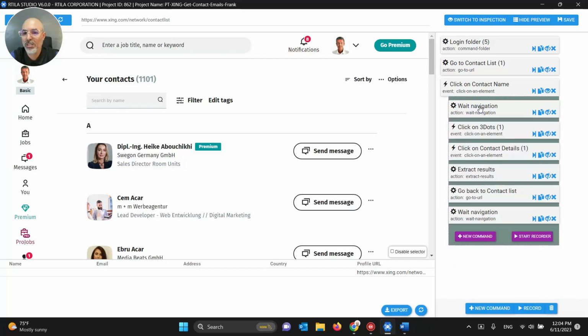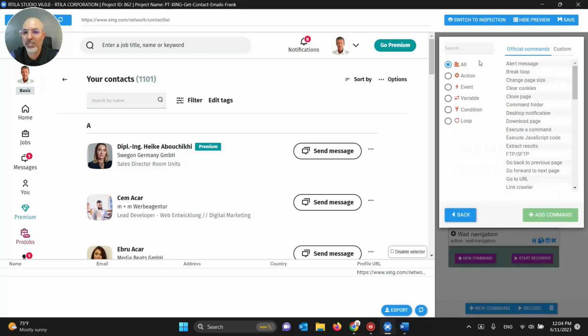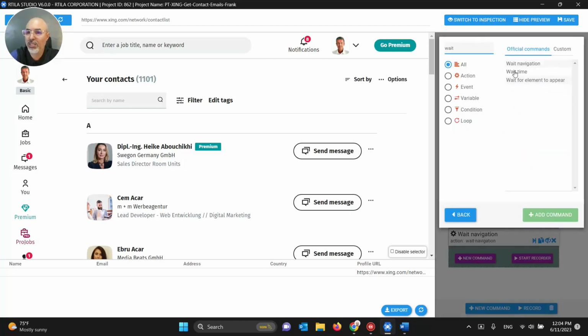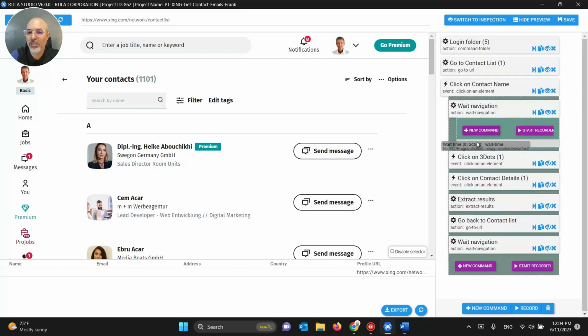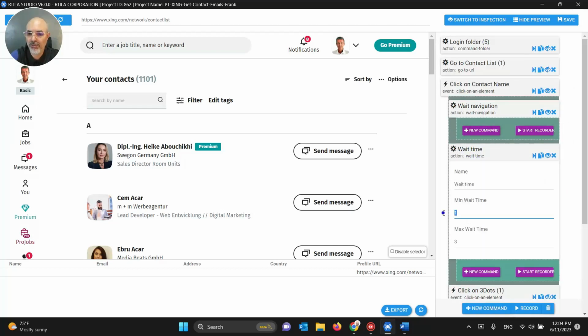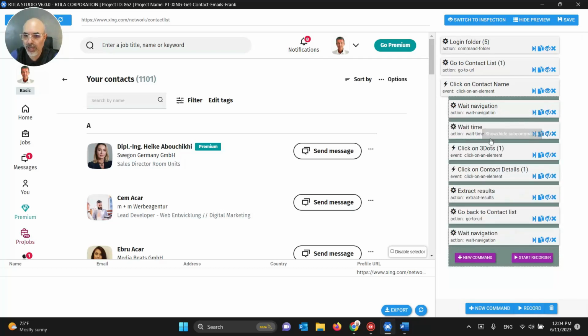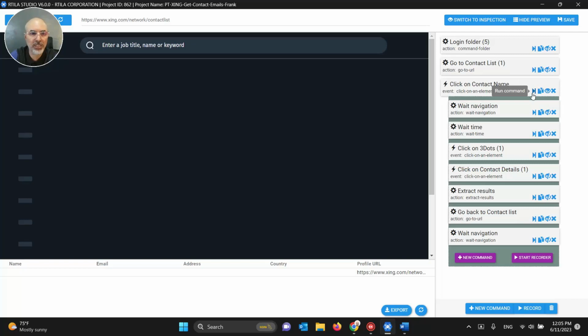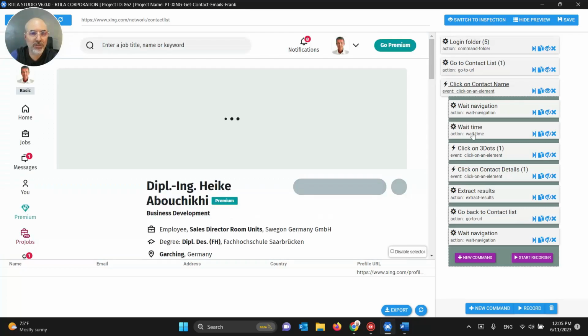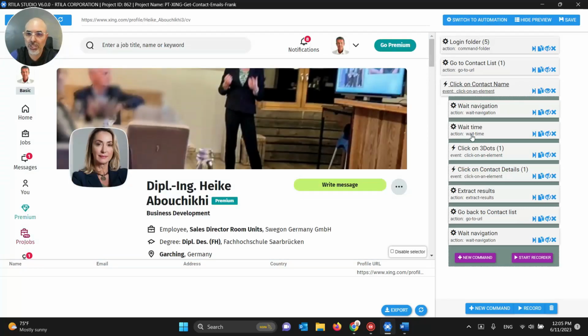And after the page even loads, I'm going to add even one more wait, just to be safe. Let's add a static wait, and we wait for 5 seconds. So we wait for the page to load, we wait another 5 seconds, and only then we click on the triple dot. So let's click her profile. We wait for navigation, we wait 5 seconds. Yes, now it's loaded. Now we click on her triple dots. Triple dots seems to work,